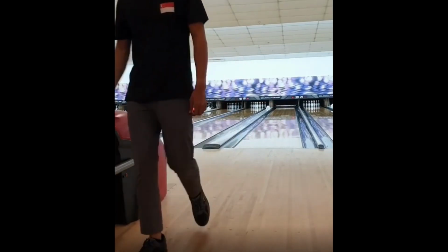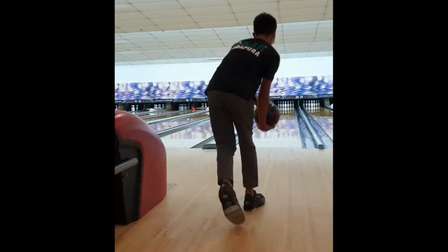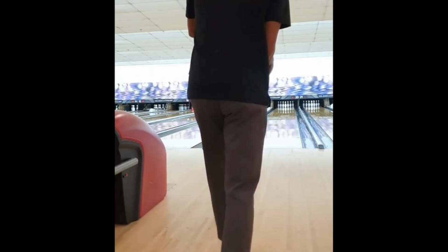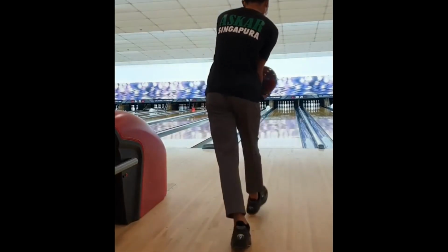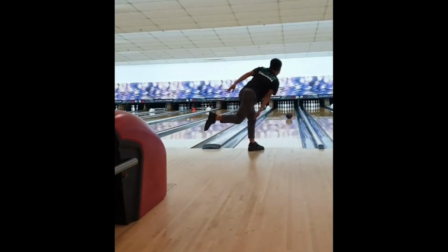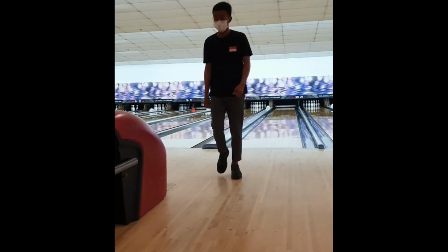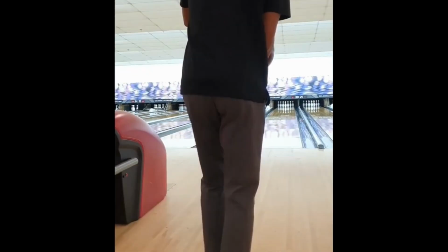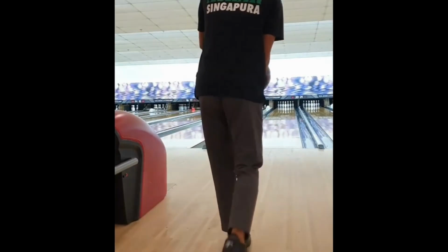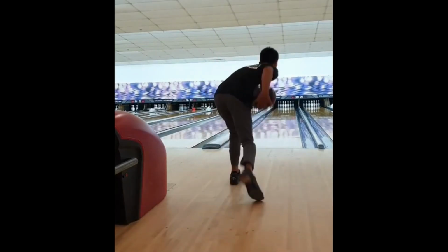So ball speed is decent enough, but if he wants to go any faster, he has to work on fixing his timing. Other than that, really not much I can recommend because his game is already pretty good. Yeah, his game is basically already pretty good. Not much I can recommend to improve. I can only recommend changes in the timing. If we look at his hand position during the swing and release,